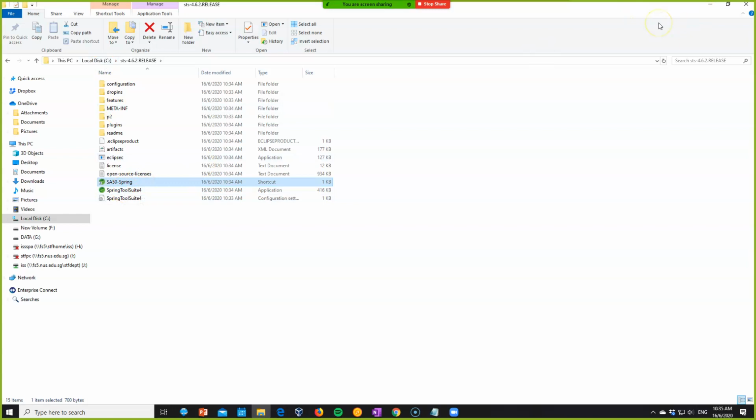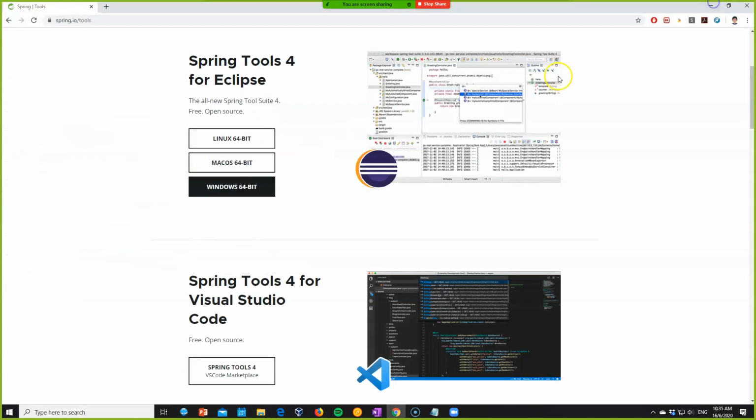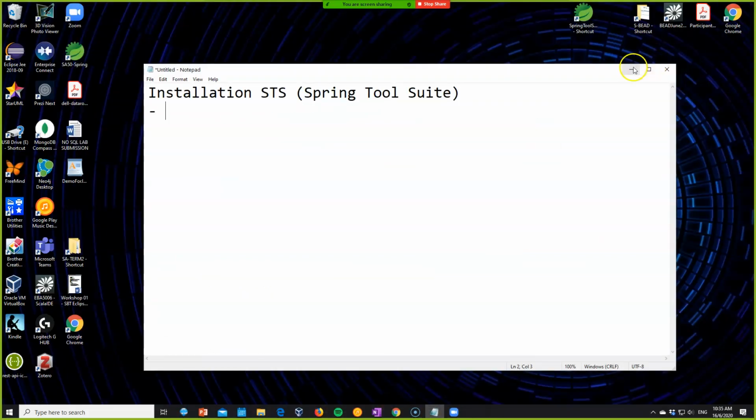I like to have things on the desktop so that it's easy for me to start. So I've created a shortcut and I've put that on the desktop here. As you can see, what I did is I downloaded the self-extracting jar file from the website that I've just shared, the HTTPS Spring tool. Then I moved this file to C drive, and then I extracted it,